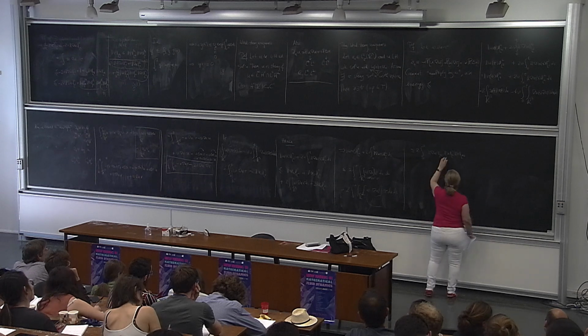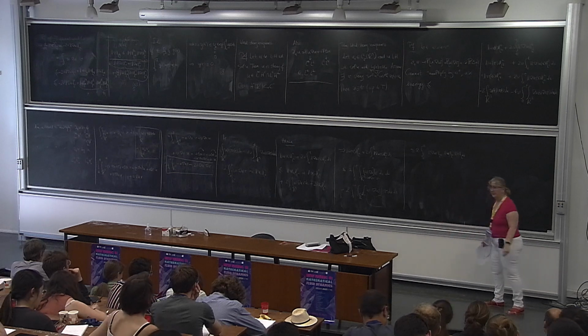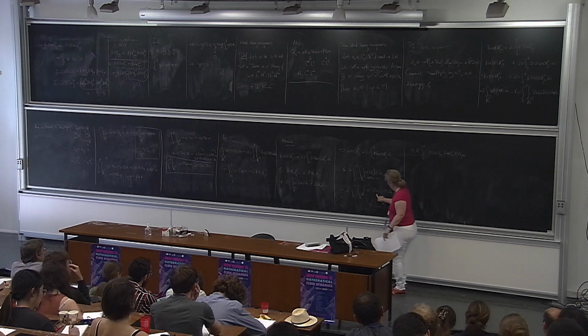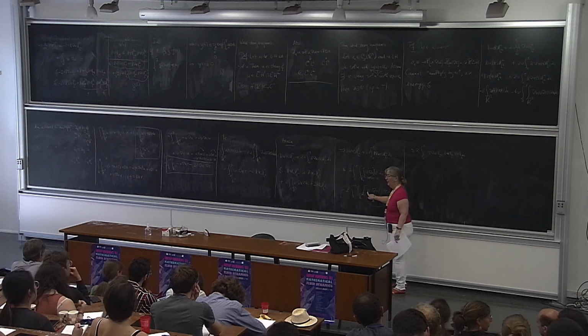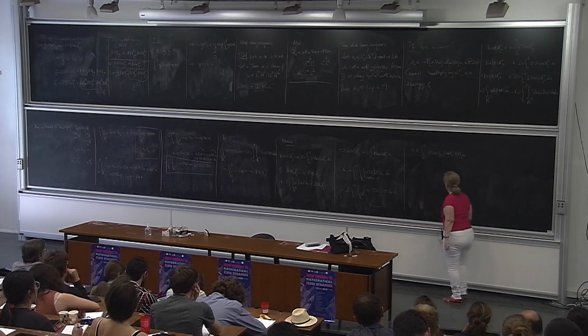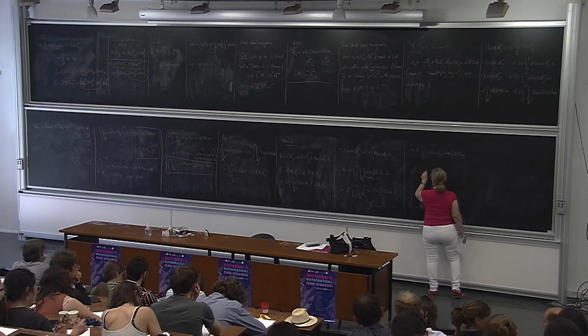Sorry, it should be a W. So I'm putting this in L2, W in L2, V in L infinity. V times W is L2. Okay? All right, and this is less than or equal to 2 nu